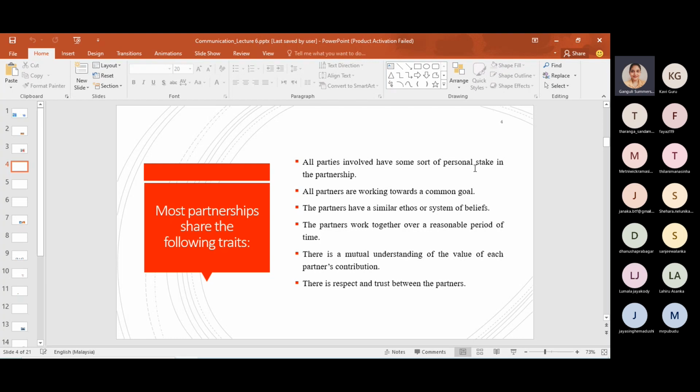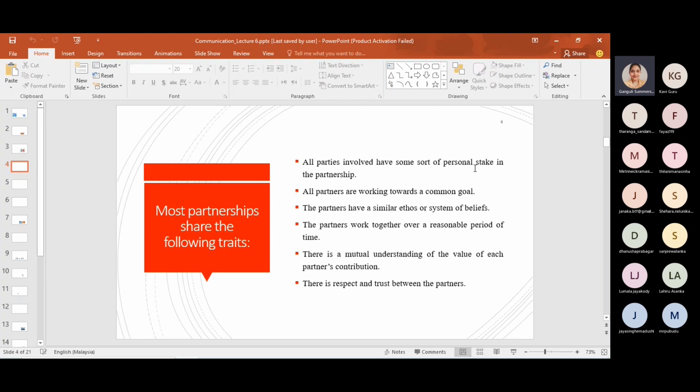Let's take that example again, organizations A, B, C, and D getting into a partnership. If organizations A, B, and C are not appreciating the contribution of organization D towards the partnership,